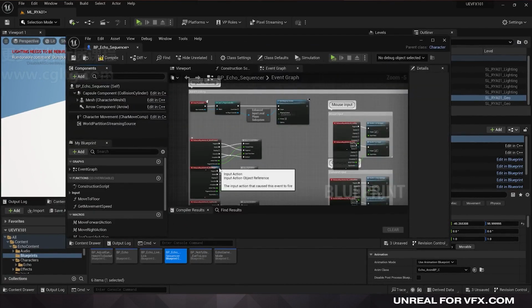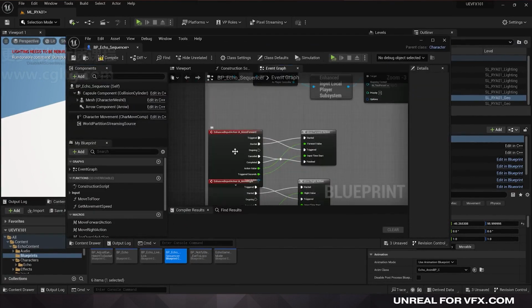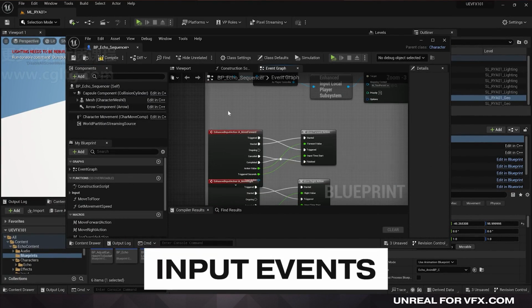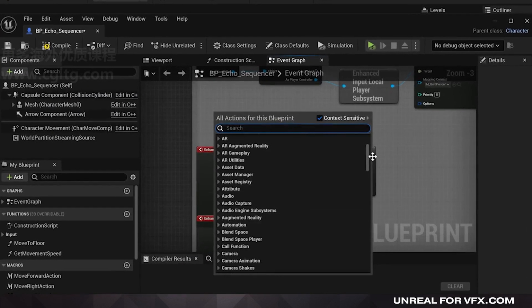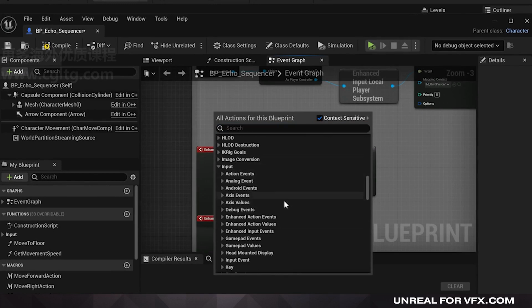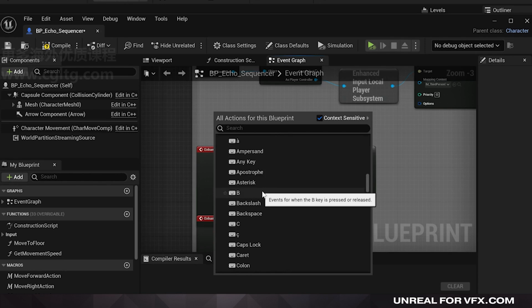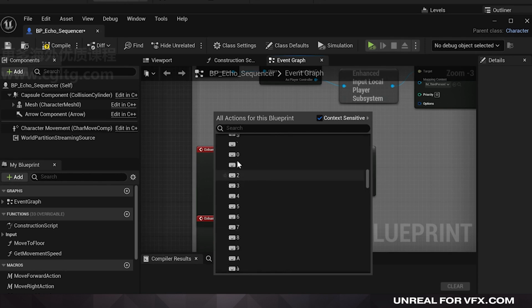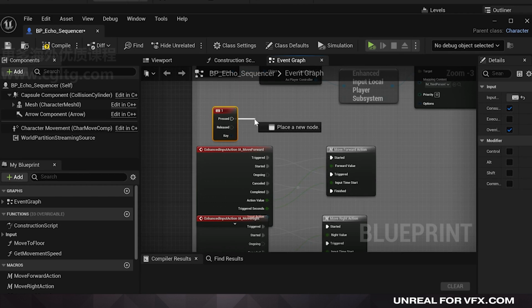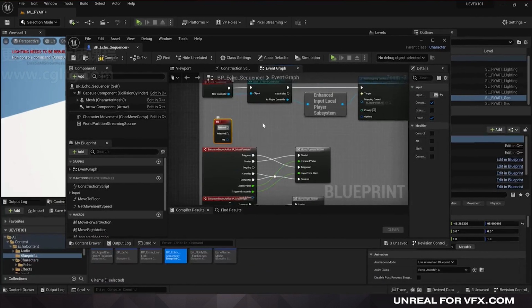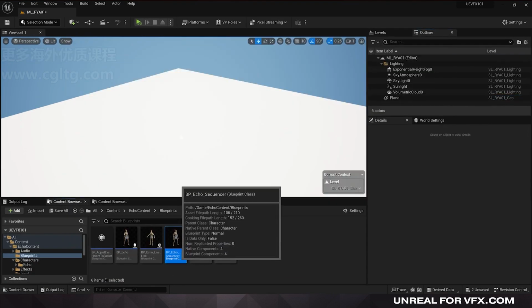And just so you have a basic understanding with controllers, these have a specific type of event called input events. If you right click here and scroll down until you can find Input, these are all the different types of input events that we can have. The most common one, if you want to quickly debug something in your blueprint, is under this Keyboard Events dropdown. And here you can have any key on your keyboard create an event. So if I just grab the One key here, this pin will execute as soon as the One key is pressed while your game is playing, or when it's released. All right, so we'll delete that, save our asset,